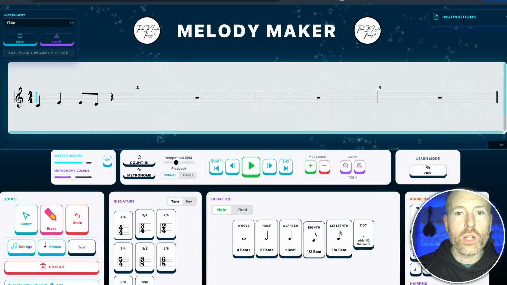But what I want to show you is one of our latest developments to 3-Minute Theory that actually was spurred on by one of our 3-Minute Theory teachers. So shout out to Chris, who emailed us a couple weeks ago, and he was looking for a specific feature from our Melody Maker. And this is our brand new Melody Maker update, which you see in front of you. What Chris was looking for was a way to enhance the incorporation of our Melody Maker with our